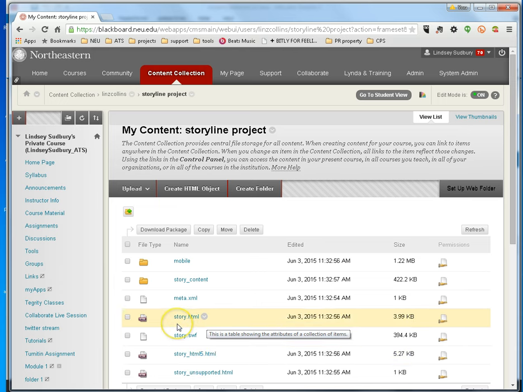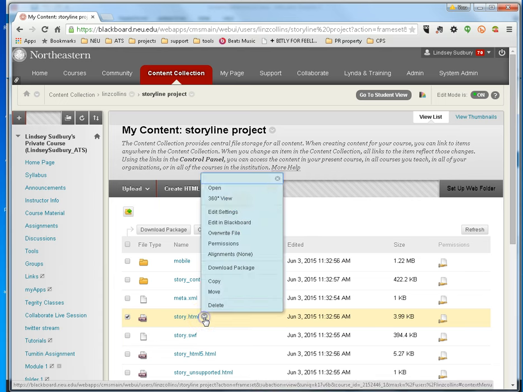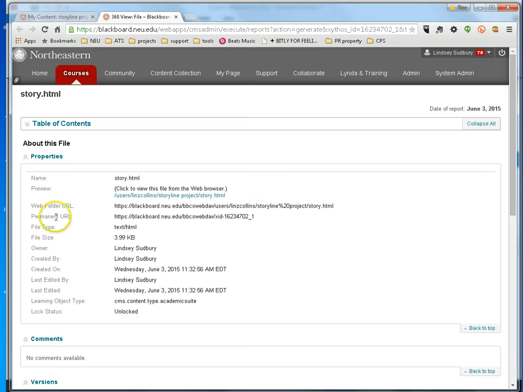We want to link from the story.html. So I'm going to hover over, click this, and then go to 360 view, and that's actually going to show me what this link is. And so I want the permanent URL link. So this right here, I'm going to select this and copy,